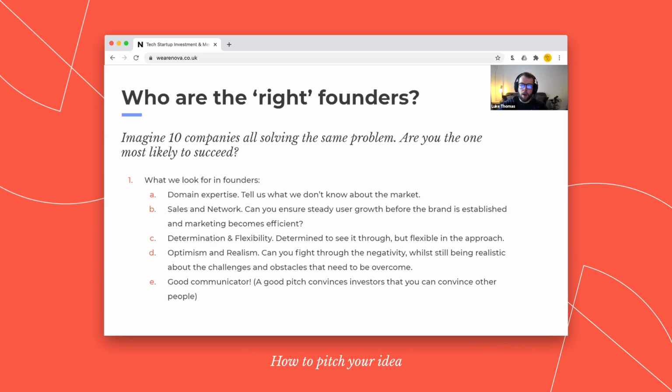We need to go through many iterations of product. There's still loads of things we don't know. And we're looking for that kind of honesty so that we can really work out who we can help the best. So it's a hard one to balance, but we will be trying to judge you on how determined you are to get to the end, and how flexible you will be if you work with us. Will you be open to feedback? Will you be open to pivots? Will you be open to change?